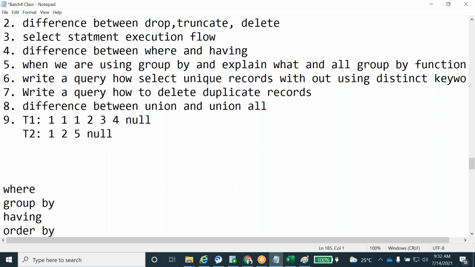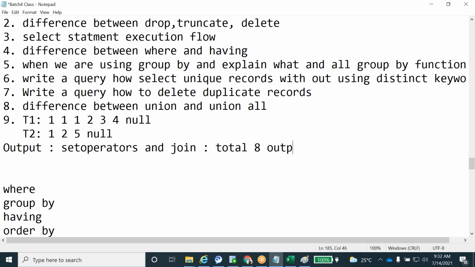I want the output for all set operators and joins: inner join, left outer join, right outer join, full outer join. Total 8 outputs.